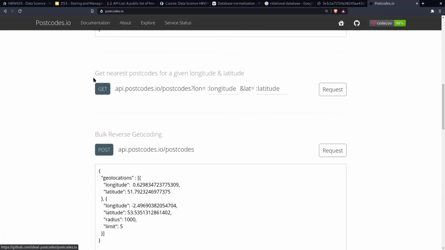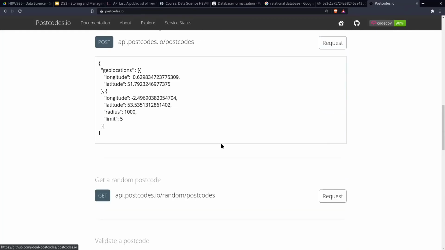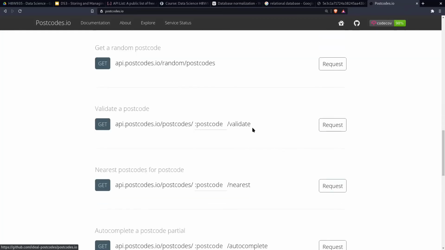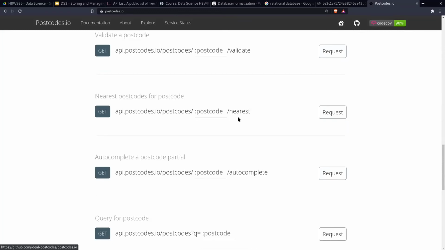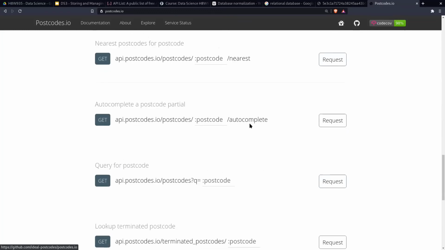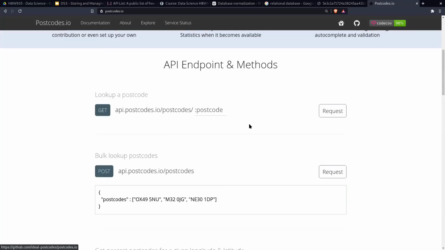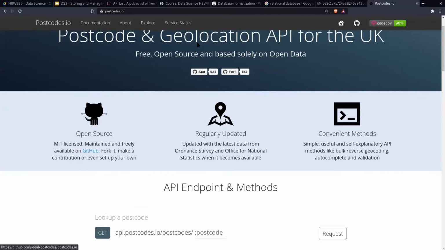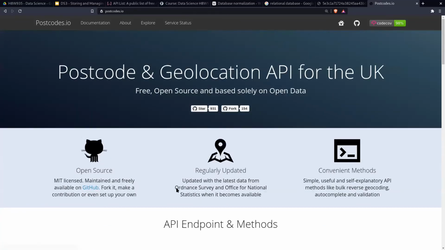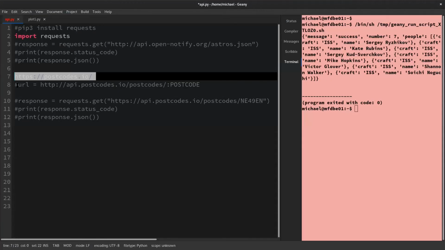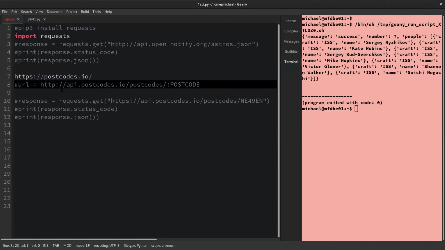You can send it a postcode to validate, to see if it's valid. You can check for the nearest postcode to another postcode. So all sorts of postcode related API fun with this. So let's look at the editor here. So the URL, as I showed you there, of the postcode API is